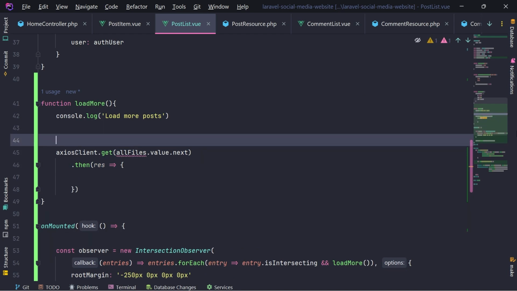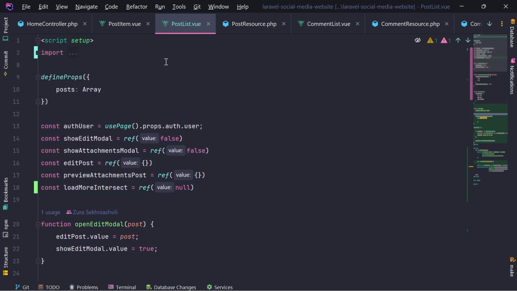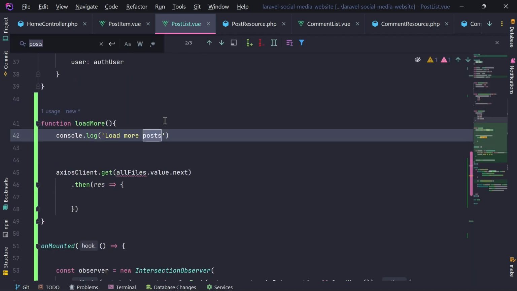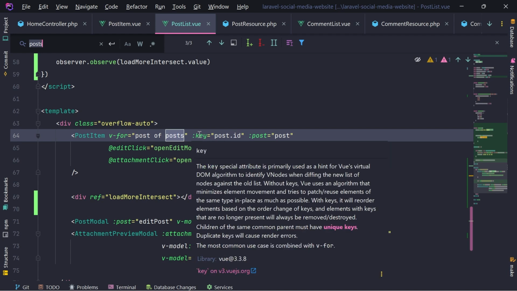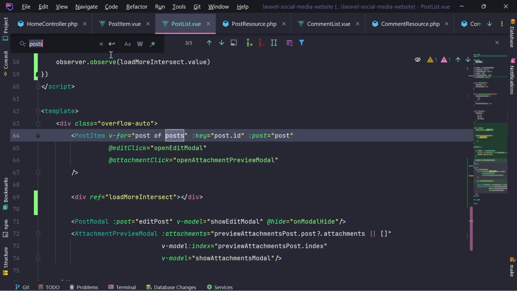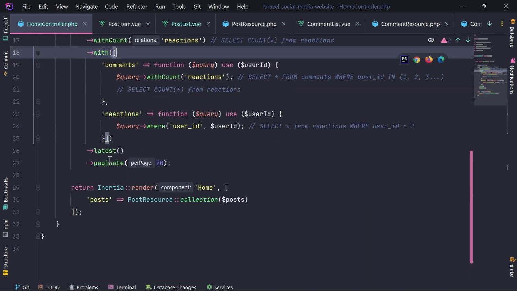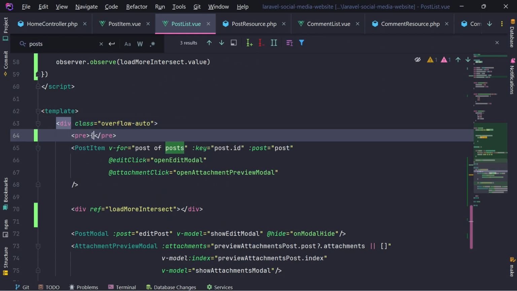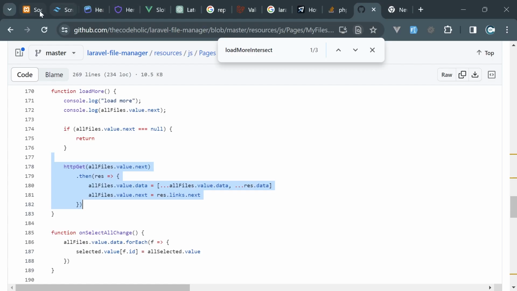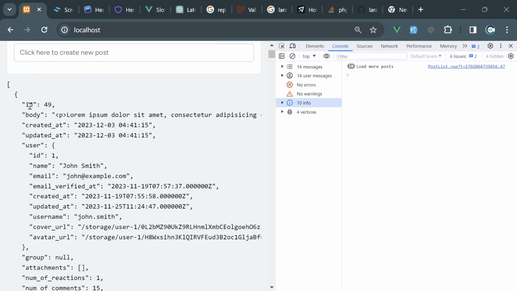So here we have posts, and we are iterating over our posts. What are we returning from the home controller? We are returning posts as well. Okay, what if I print my posts? What is it? This is an array of the posts,